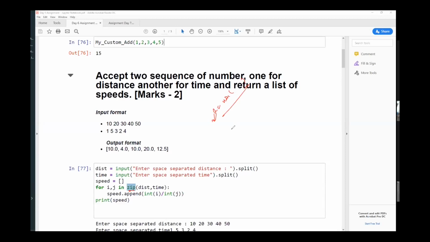It will take sequences. A string is also a sequence, right? So it will take sequences, and whatever minimum is there in those sequences, it will trim everything to that same minimum length, and then it will start doing the operation.